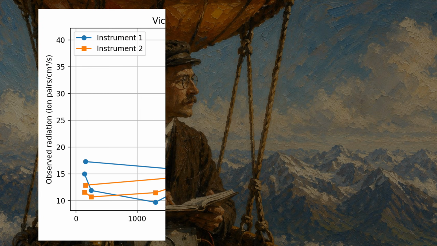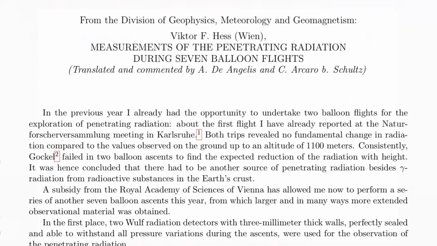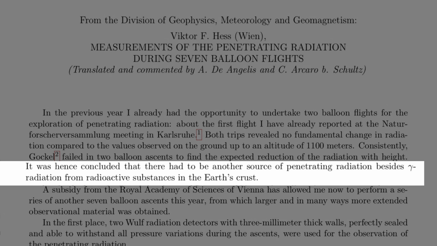But he took his electroscope and found out that the radiation difference between here and the surface was actually really low. He repeated his experiments at an even taller height and discovered that the radiation had now increased to multiple times the radiation at the Earth's surface. So it was clear to him now that the source of this radiation was not Earth's rocks, but is actually